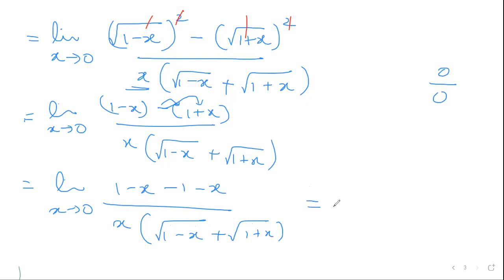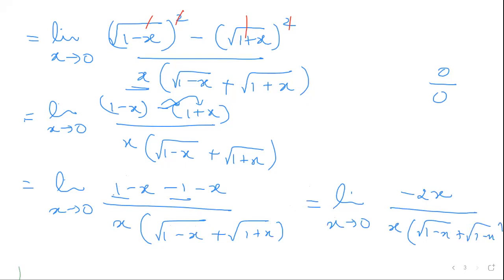So let's just write what we get here. 1 minus 1 cancels. Minus 2x in the numerator, and in the denominator x in this entire term, 1 plus x. What do we have to do? We have to cancel things. We have to cancel this x. So once this x is gone, the main culprit is gone, which is making the denominator 0. Now what is your task? Put x equal to 0. Substitute this in place of x. So minus 2 upon, I'll just write this on the next screen otherwise.